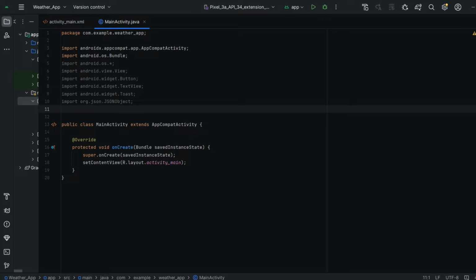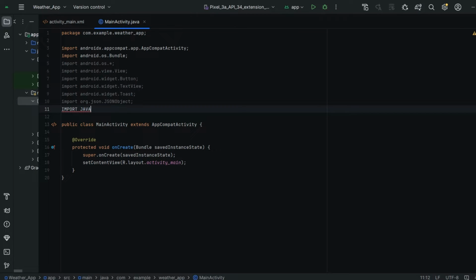Next, we need a few things like BufferedReader, InputStreamReader, HttpURLConnection, because we are fetching the data from the URL API, guys. So for that we have to connect to those APIs related to the URL. Next, we need to read those data from the API and we have to display it. So we need a lot more packages.